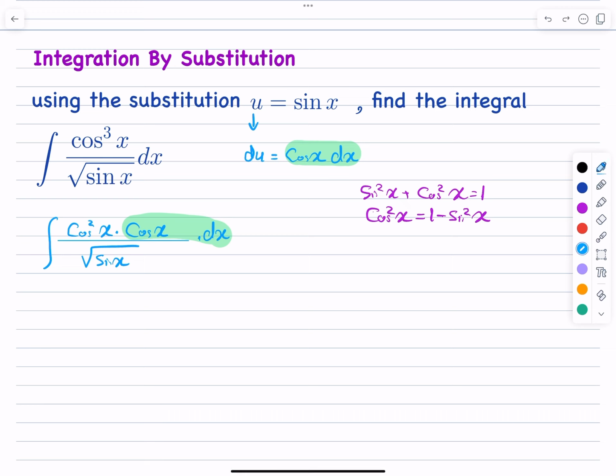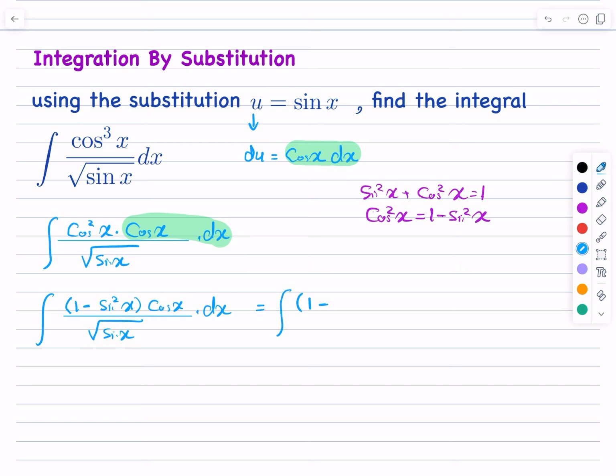So the integral will become, instead of cosine squared, I will write 1 minus sine squared x. Then here we have times another cosine. All of that divided by sine x, or the square root of sine x times dx. So now as you see, this will be replaced by du, and this by the square root of u. So we will have now